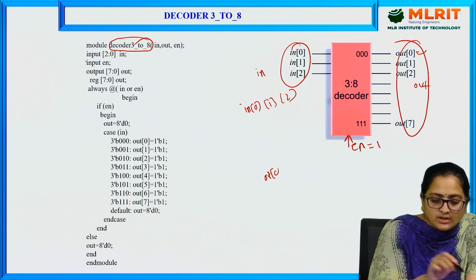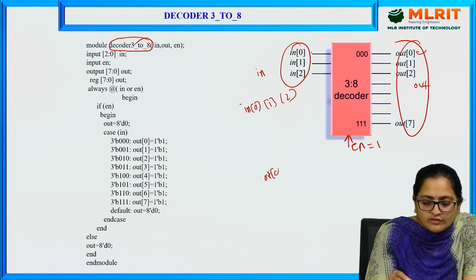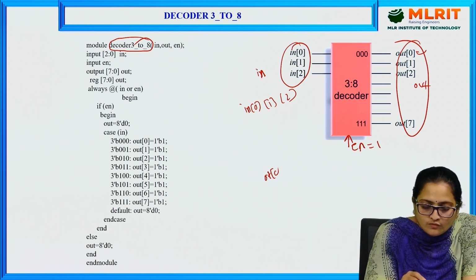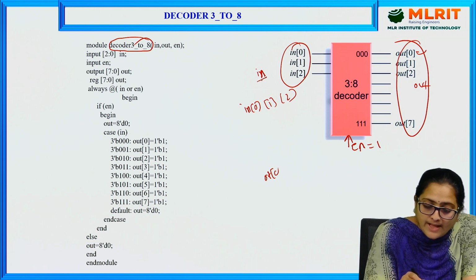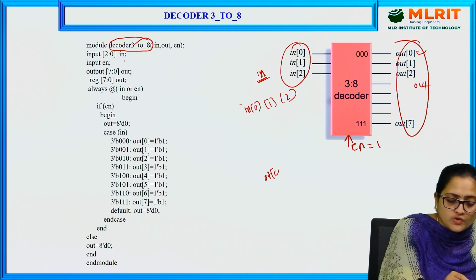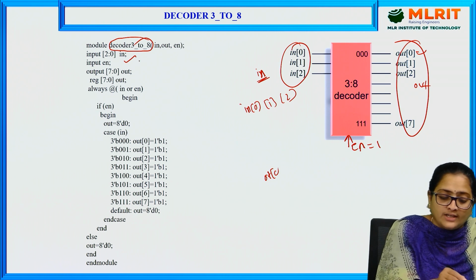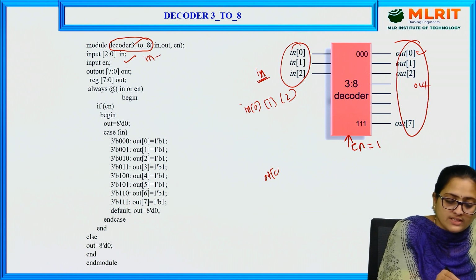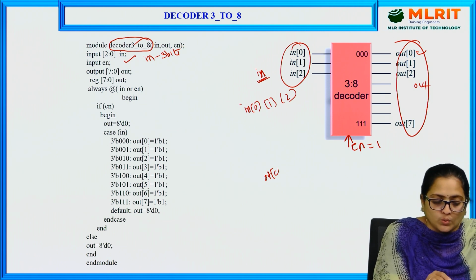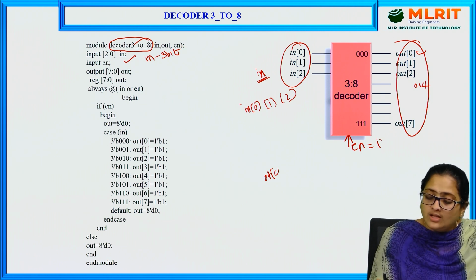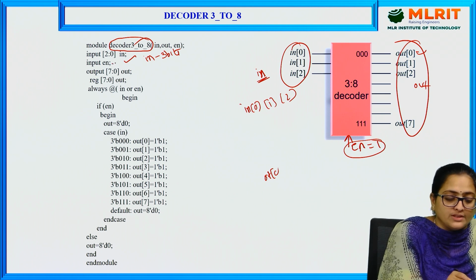So the input IN is a multi-bit vector. As I have taken a 3 to 8 decoder, a scalar representation is not enough. If IN has to work as a 3-bit value, it has to be declared with the vector [2:0] IN. So it represents that IN is a variable which holds 3-bit data, which can represent a 3-bit value 0, 1, 2. And input enable is a scalar quantity, so you just write input enable.